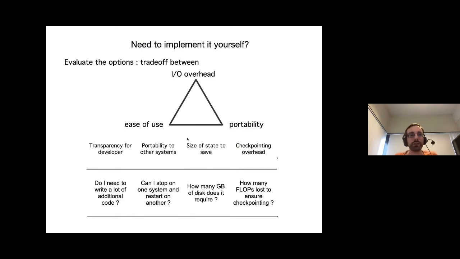So now, if you're a user, the last part of this lecture is also about how you can convert non-checkpointable programs, so a program that doesn't have that feature built in, how you can anyway use checkpointing. So we'll cover that at the end. So now I will focus a bit more on how you can do it as a developer.